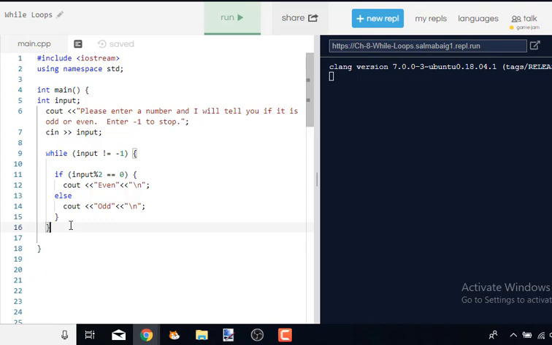Now, in while loops, this is the most common mistake. You tend to forget that this is a loop and that it runs over and over again. Once you have read one input and done the math on it, you have to ask the user for the next input inside this loop. If you do not ask the user for another input, so if you don't say cout, this is still inside the loop because the loop doesn't finish until this curly brace. If you don't say, please enter the next number,